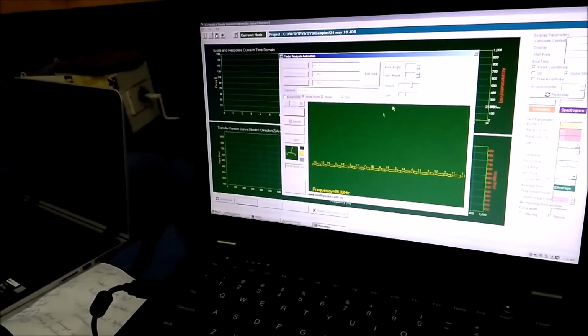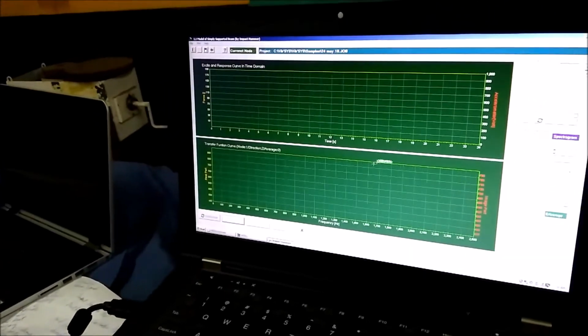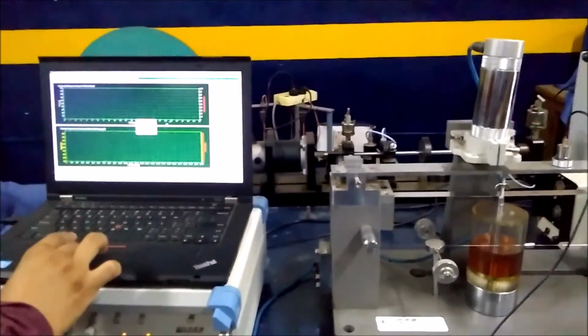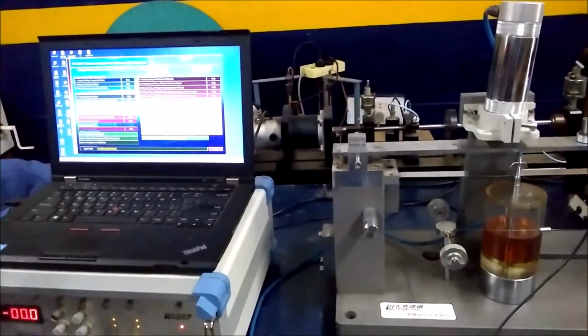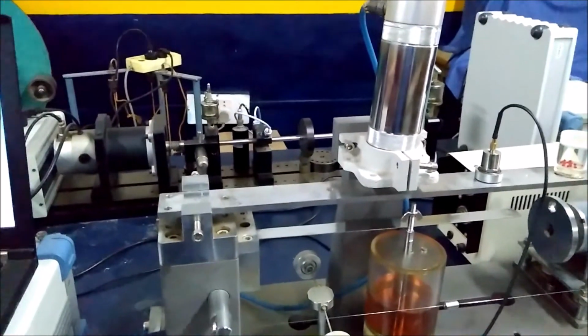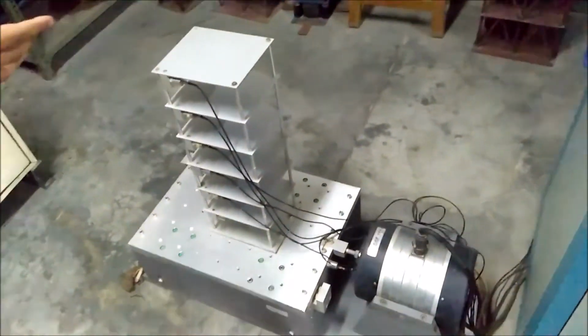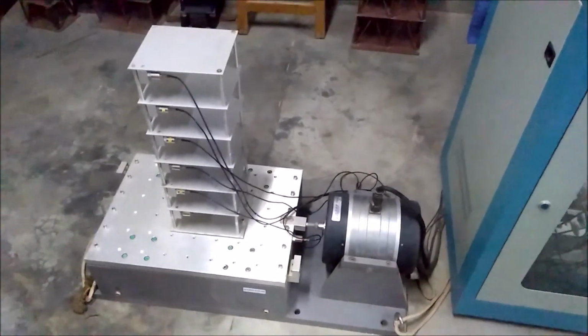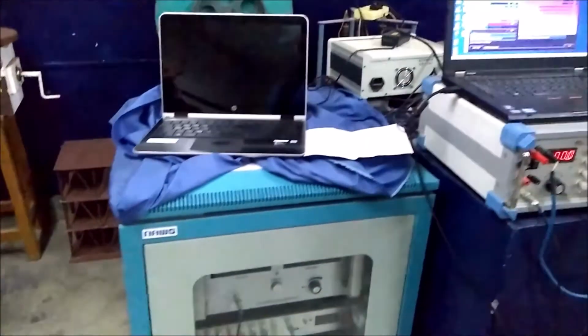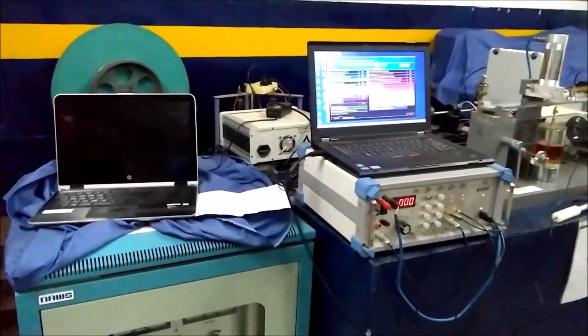So this was the experiment modal shape of a simply supported beam. We have also one another feature in our software that you can enter any other shape. For example, this is a shake table we have. So you can find the modal shape of the shake table. With that experiment, you just need to change the parameter settings and you need to enter the coordinates, and you can have the same similar kind of a structure which would appear there.